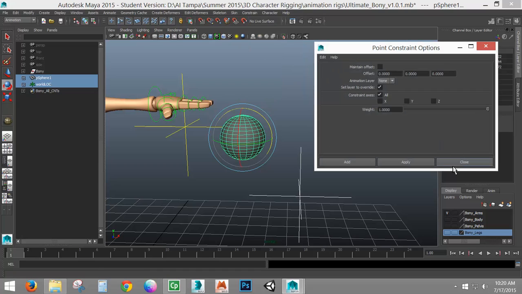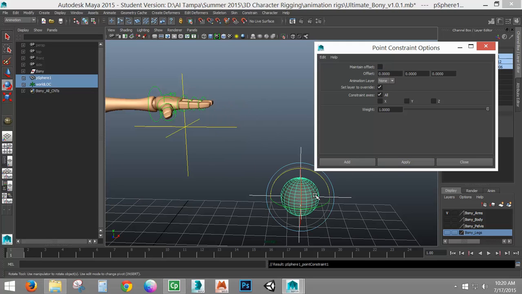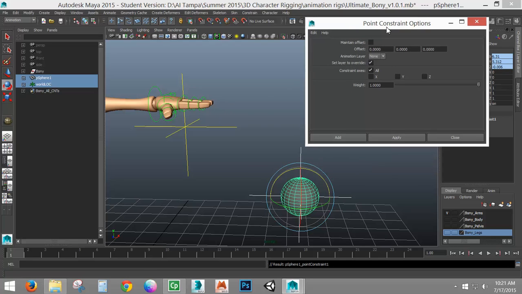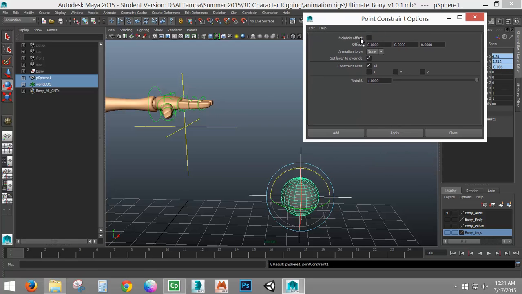Okay. The reason mine didn't work: I didn't open the option box, which normally you shouldn't have to, but physically it should have jumped. When you open your option box for the point constraint, you need to make sure maintain offset is actually turned off. It's not checked. If it's checked, that's why nothing actually happened. So when I have this unchecked and all my constraints are turned on and I apply, it jumps. This is what I wanted to see. This is what didn't happen. So again, if it's the first time you're using the constraint, it should have been there by default.